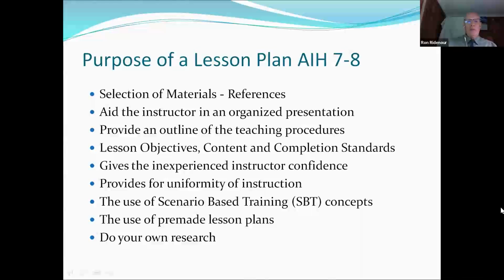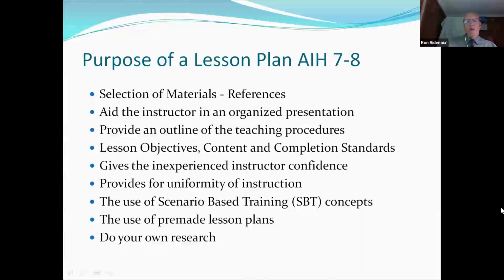We'll talk about lesson objectives, content, and completion standards, because those are all key pieces of any lesson plan. It gives some confidence to the inexperienced instructor. Hopefully that's something you can construct, whether you have a pre-made lesson that you've downloaded off the internet, or a lesson that you actually created yourself. It provides for uniformity of instruction,